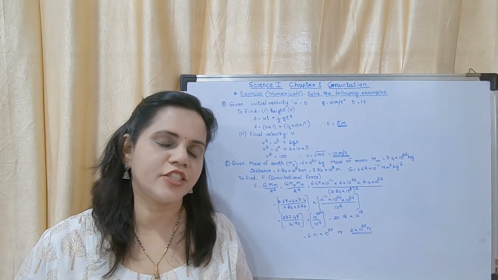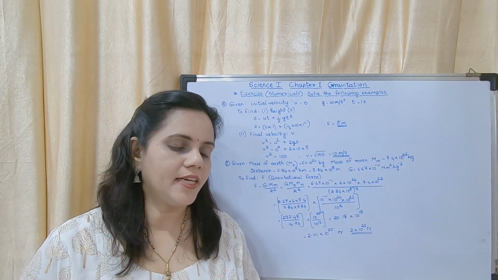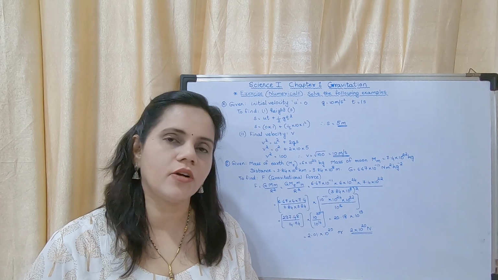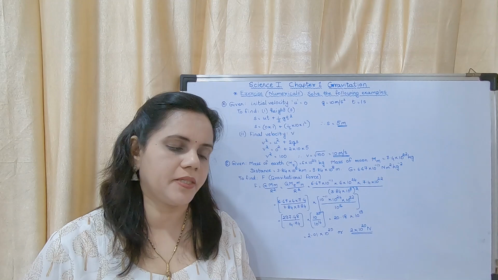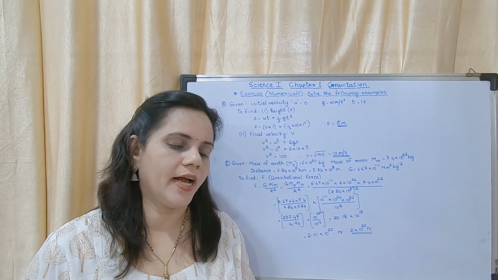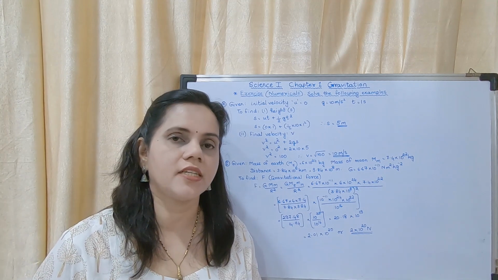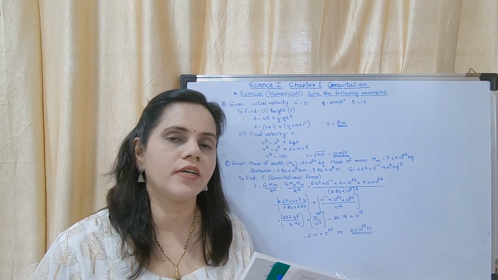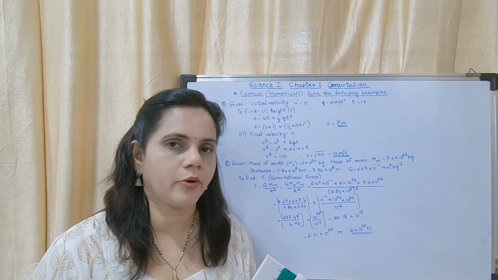Okay. The next two numericals. The first one, that is E. A ball falls off a table and reaches the ground in 1 second. Assuming g is equal to 10 meter per second square, calculate its speed on reaching the ground and height of the table. Okay. Now you may note in the question that the ball is falling. So it is a downward motion. So for a downward motion, u is equal to 0 and g you have to take as positive.